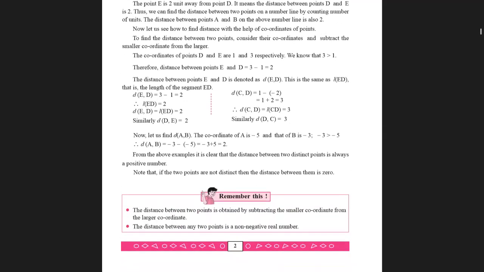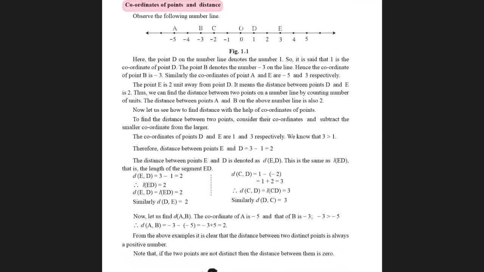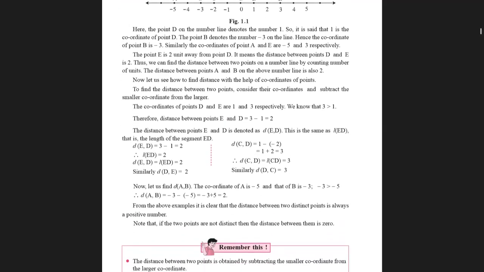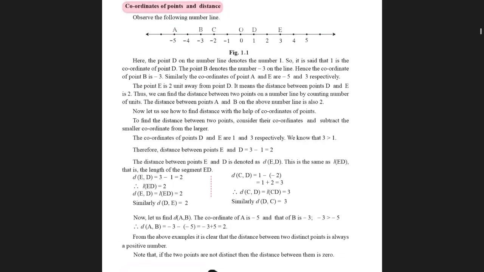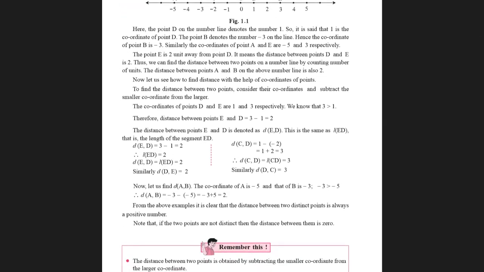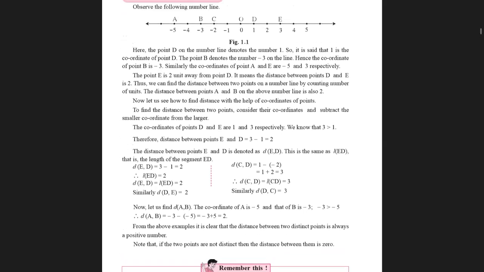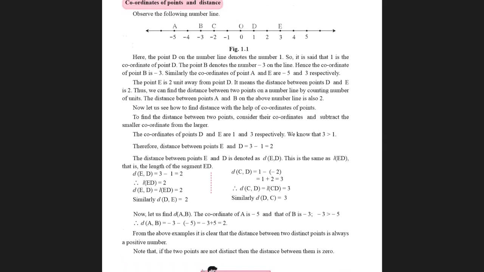Okay. Now, suppose we need to find out the distance between any two points. For example, let's say in the example given here, see the distance between points E and D. So we are going to find out the distance between the points D and E. Are you able to see the 2 points in the figure? Now if we have to find the distance between them, we write it as d(E, D). Now E comma D represents the points D as well as E.